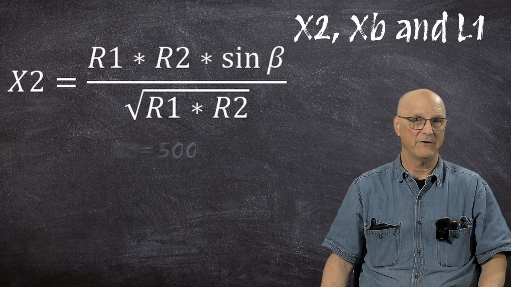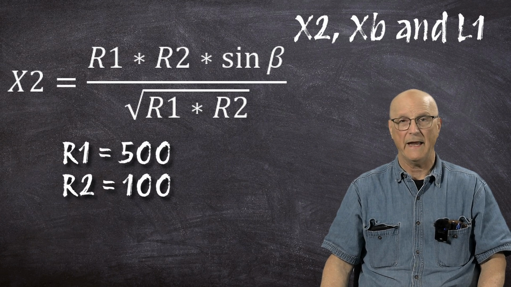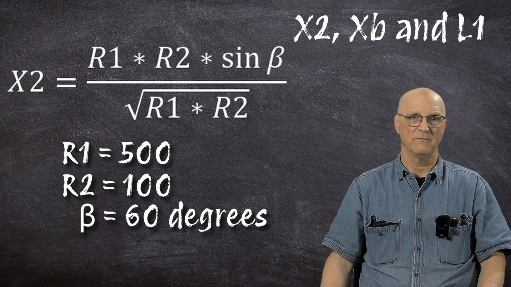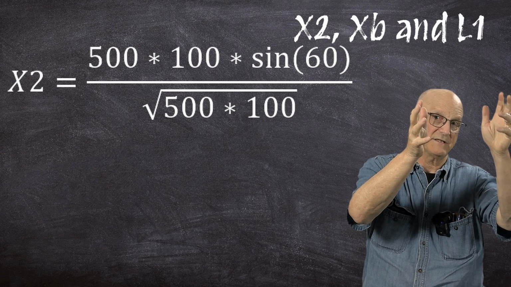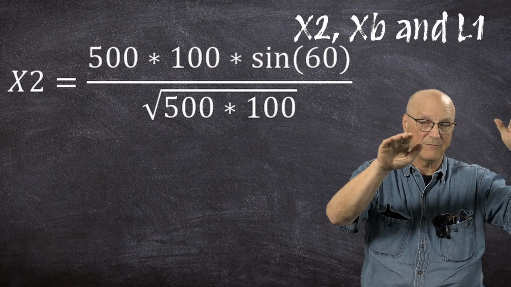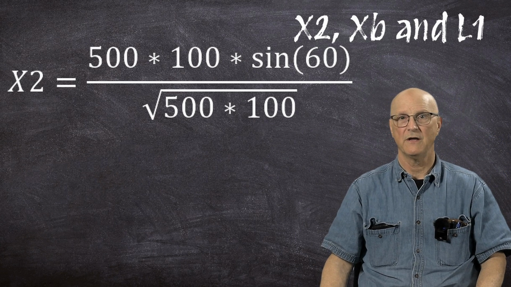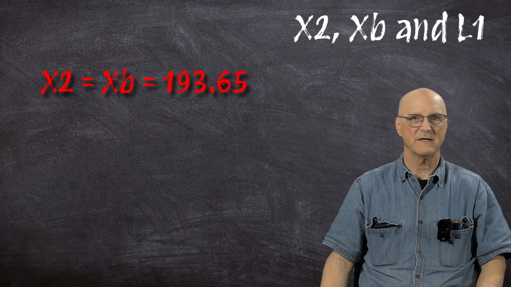We know the value of R1 is 500, R2 is 100, and the phase angle beta is 60 degrees. So X2 equals 500 times 100 times the sine of 60 degrees divided by the square root of the quantity 500 times 100, which works out that X2 equals XB is equal to